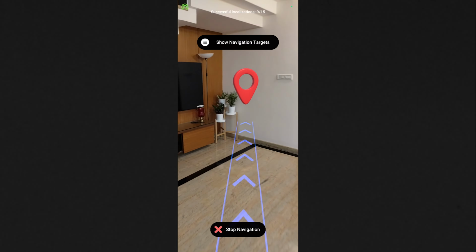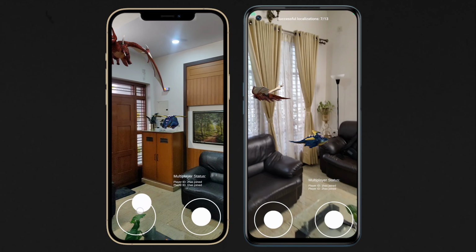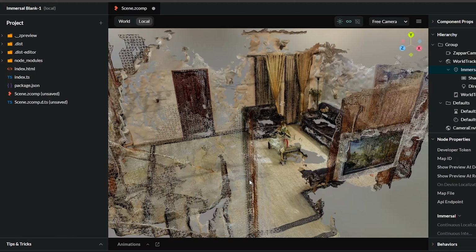Now this was just one of the examples of how we can use the Immersal SDK. In the next couple of videos, we'll see how to build an AR application for indoor navigation, for local multiplayer, and even create a WebXR experience. Now you can find the link for those videos somewhere on the